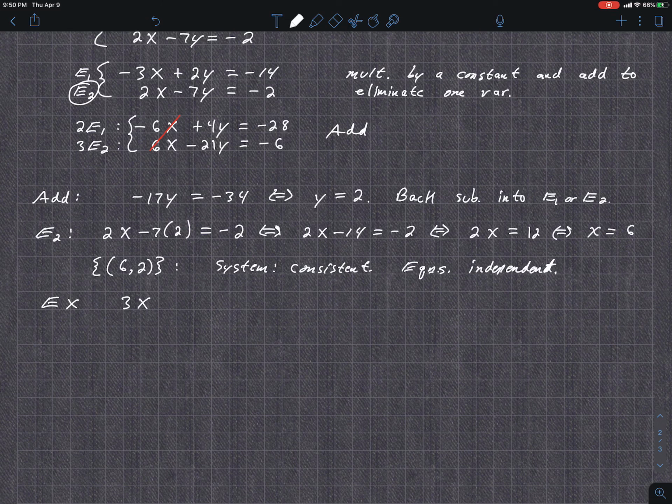All right, so try this example. I'll give you another example, and I'll maybe wait to work it out or just show you later what happens. So suppose you have 3x minus y is equal to 2 and negative 9x plus 3y is equal to 4. So solve that by elimination, multiply and add and see what you get. So this one's a little different than what we just did. It is not a unique solution, and we'll cover that in the next video when we go on. So next video we go on to